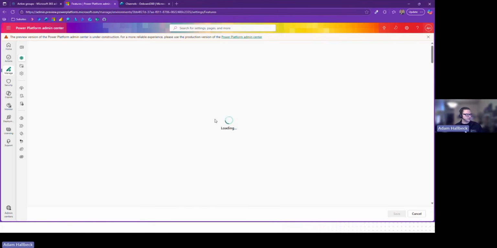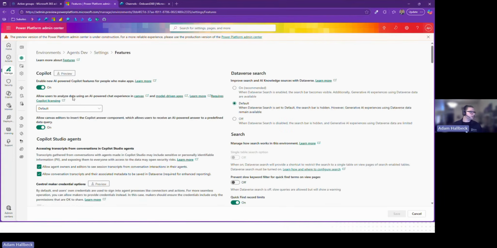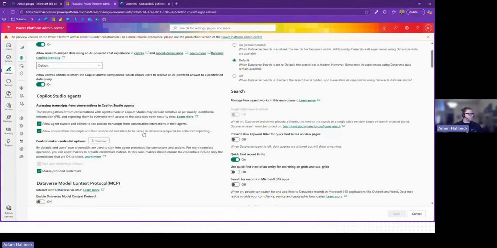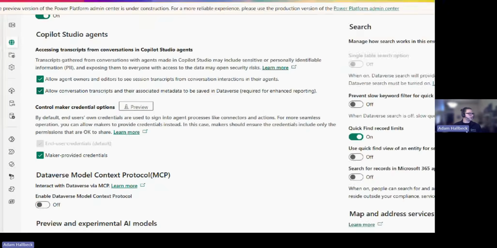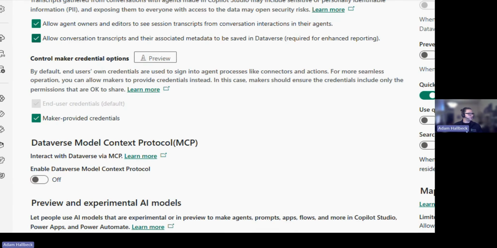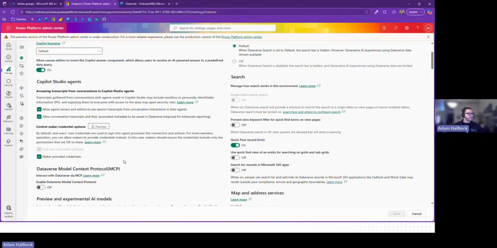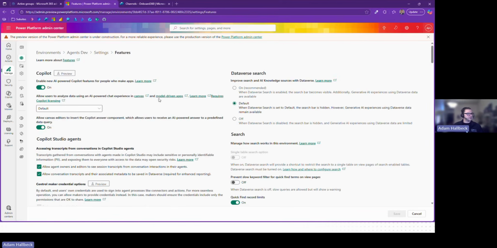page here that renders in a second, you'll be able to see some of those controls that were on screen a second ago. So like I said, Copilot in Power Apps settings, but then down here, we've got our agent settings for the environment itself. So access to transcripts, credential options. If you're maybe using Dataverse MCP for Model Context Protocol for any of those AI tools or access, this is where you can set some of those configs, some of those governance settings